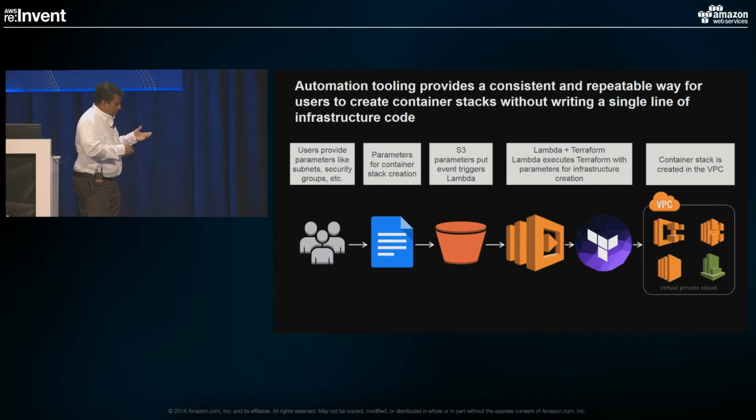They have VPCs, subnets, security groups, what instance size you need, what is your auto-scaling group size. If you are using an auto-scaling policy, what are your metrics for CPU, memory, disk, all that stuff. And provide some SNS topics for critical alerts, normal alerts, all that stuff. Then they create these parameter files, and each LOB is designated with a specific S3 bucket, and that triggers a